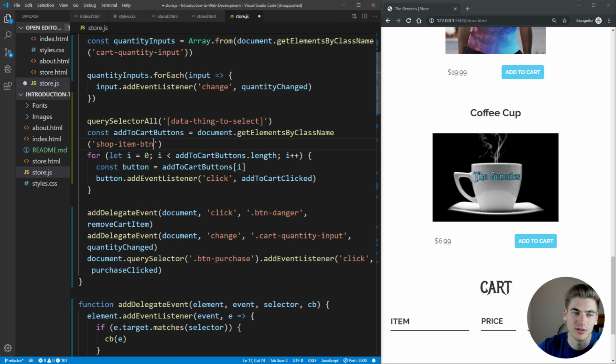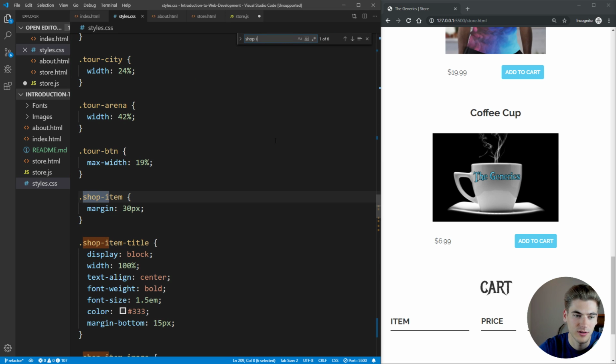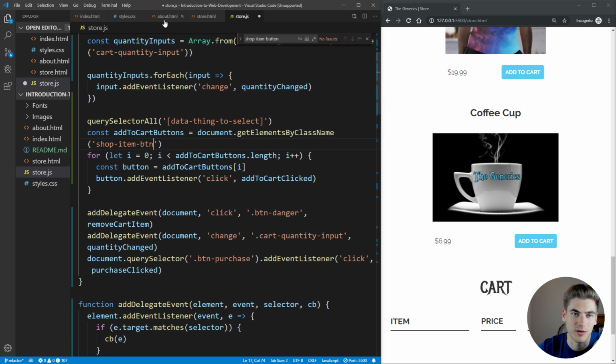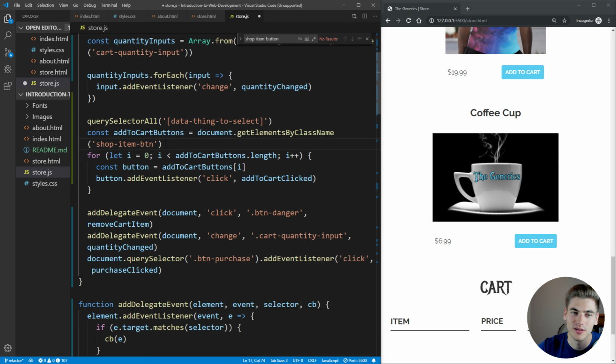So that's one thing to note, because if I look in my CSS and I search for shop item button, you can see that it's not being used in the CSS, but it could be used in the CSS, or maybe it's used in a different CSS file that I don't actually see, or maybe it's from a library, like a Bootstrap library, and I don't have access to that in my repo, so I wouldn't even know that it's being used there. So if I wanted to change this, it's a risky thing because I don't know if I'm going to break something. And when you're breaking CSS or JavaScript, it can be really hard to see those changes,